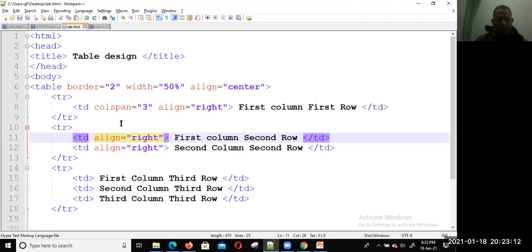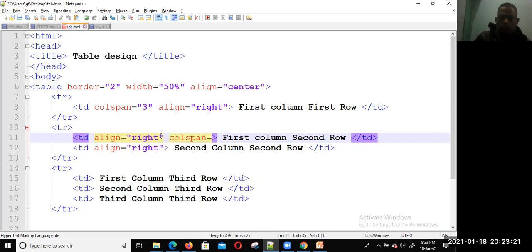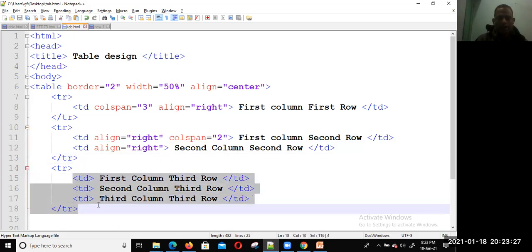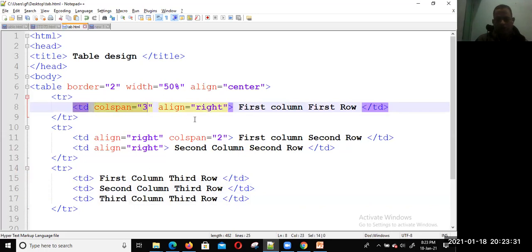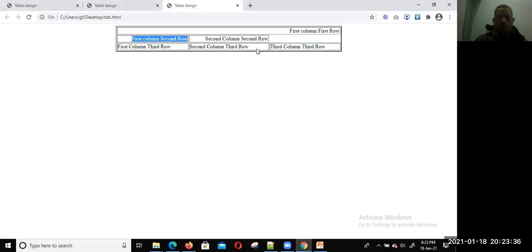So there is an option here, colspan. Write colspan equal to 2. Here the calculation: 2 plus 1 equals 3, matching the third row, and the first row already has colspan 3. This is very simple for managing the whole width.